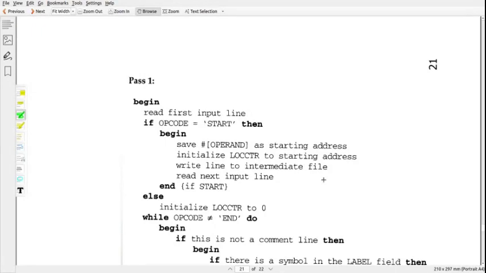Both tables are implemented using a hash table. And we use the hash table to improve the searching operation, because if you use another data structure, searching becomes more time consuming.